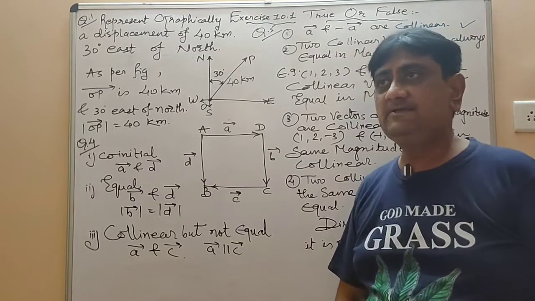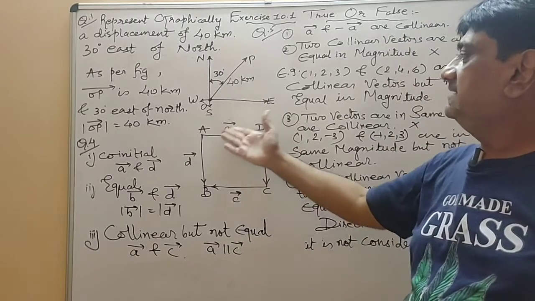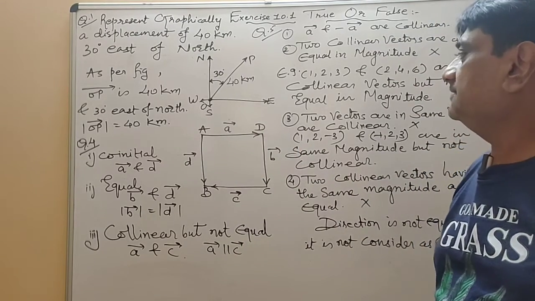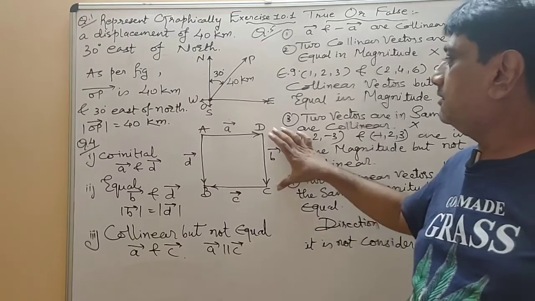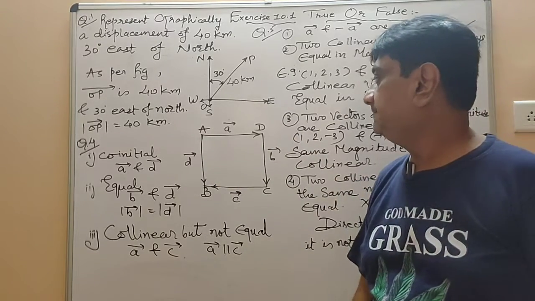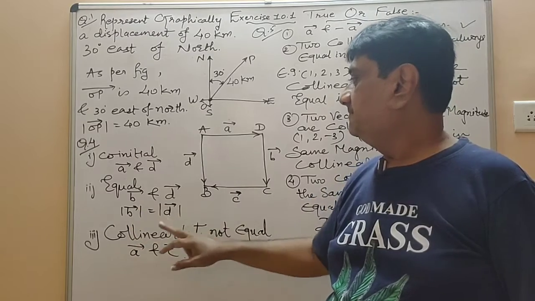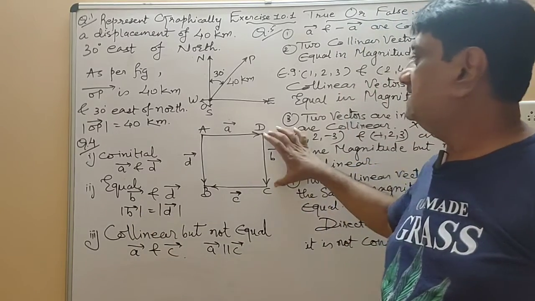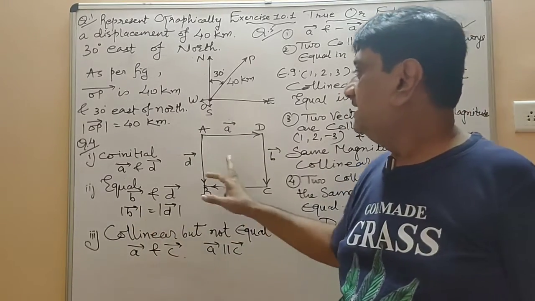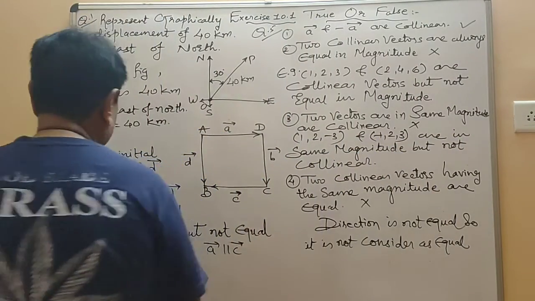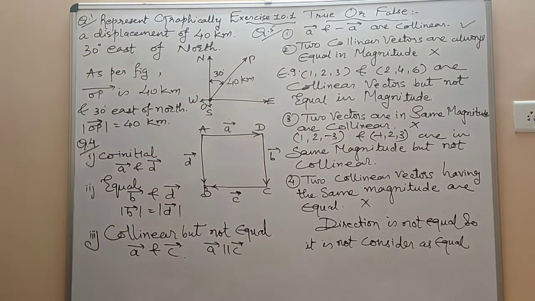Opposite sides are equal. In short, it is a square. So all sides are equal as per the given figure in the textbook. But if it is a rectangle, even then the opposite sides are equal. So equal vectors B and D: its magnitude is equal, its length is equal and direction is also equal. If length is equal and direction is equal, then it is called equal vectors.